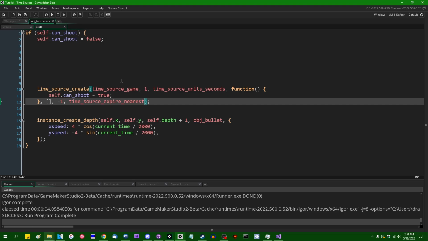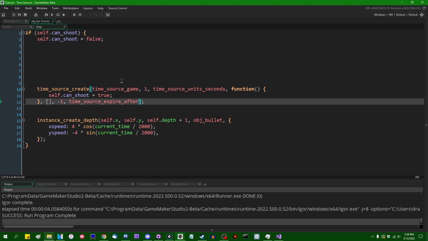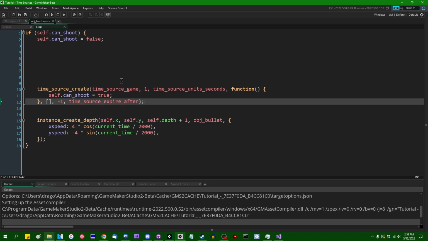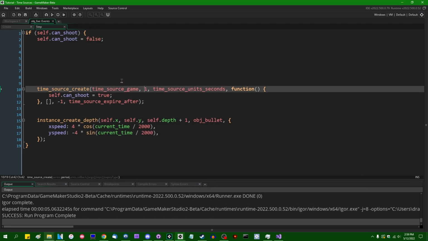Again, not very important. I'm just going to set this to after. It is an optional argument, so if you don't want to deal with it, you could just not include it at all. Alright, so this on its own isn't going to do anything. If I were to run the game now, we would still be shooting once and then never again. Alright, it's pretty boring. Time sources will not start automatically, so we're going to need to say var, let's call